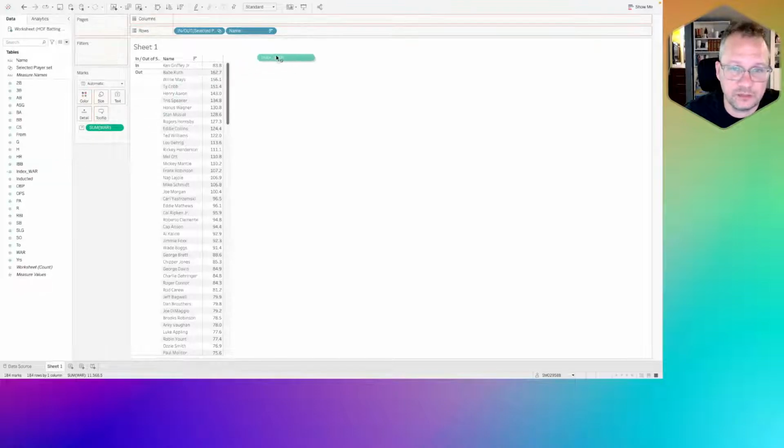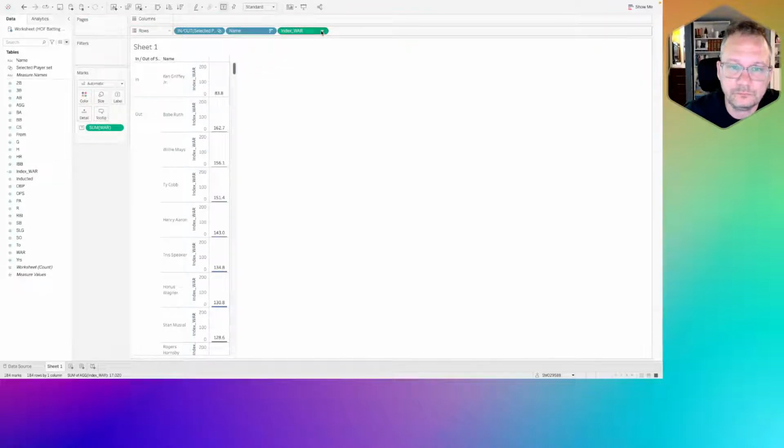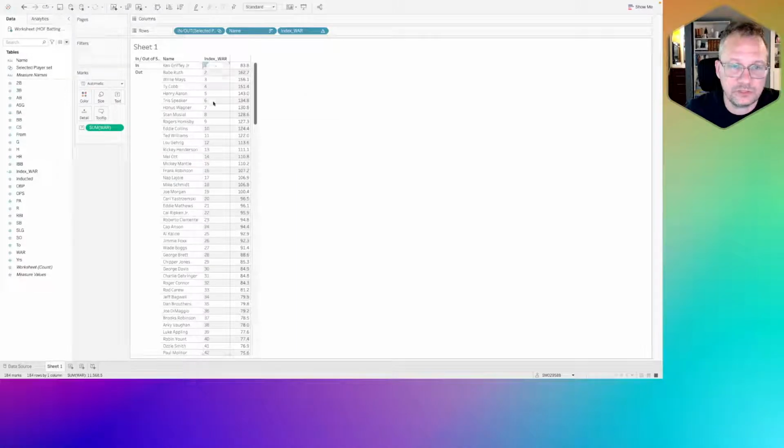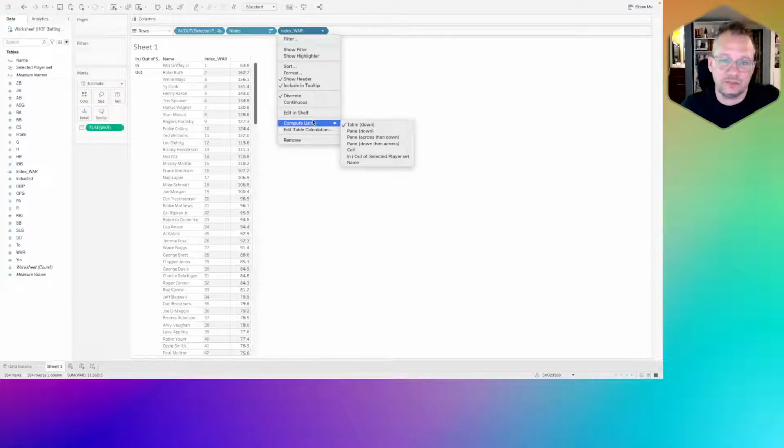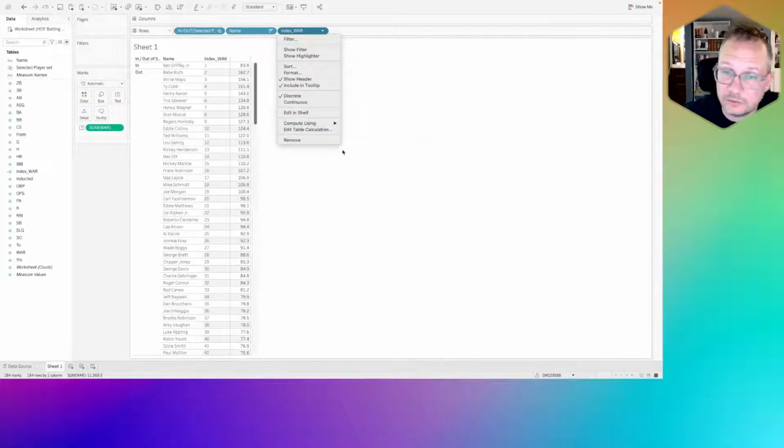And I'll bring this out and turn this into discrete. So now what we need to do is figure out why. As you can see right here, it's 1, and then this goes 2. The reason for that is because Tableau says, okay, you automatically want to do this down, and I don't. So I want to do this by, I think what we'll do here